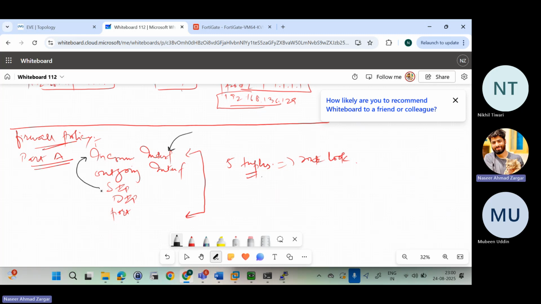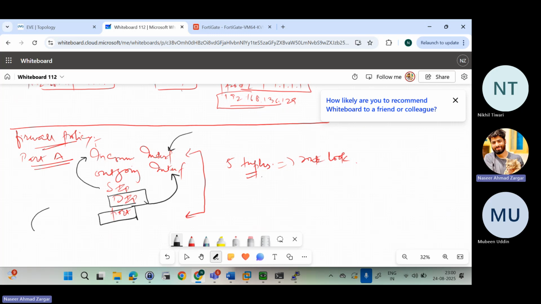Then it's going to say, okay, let me check the destination IP address now. The destination IP will be checked against the routing table that's present in this firewall. And out of the route lookup, you're going to get the outgoing interface, right? And once you get the outgoing interface, you're going to check what is the port that it is asking,